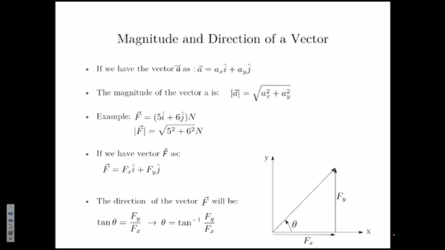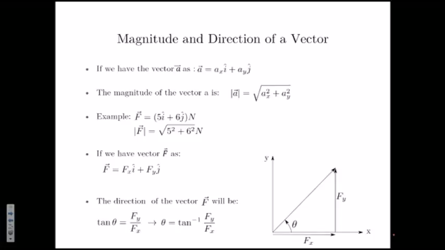The unit would be the same as the unit of A_x and A_y. Of course, A_x and A_y have to have the same unit. They can't be any different. Example, if you have, let's say, force F given as 5i hat plus 6j hat, in Newtons, and you want to compute its magnitude, square each of these components, add them together, and take a square root, that'll give you the magnitude. You can also find the direction of a vector,